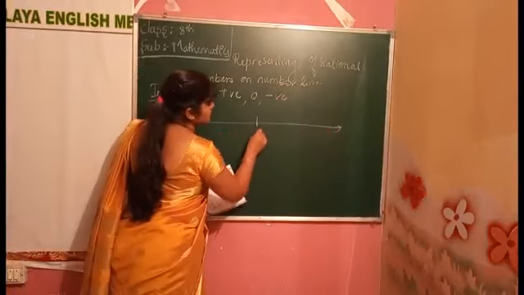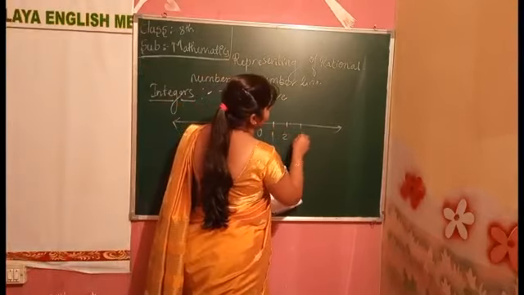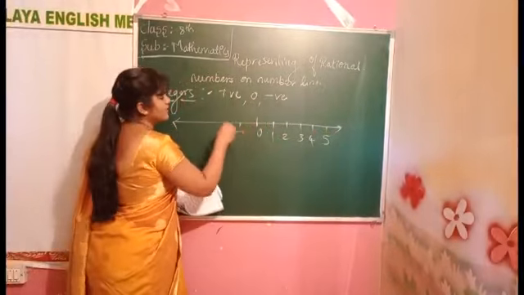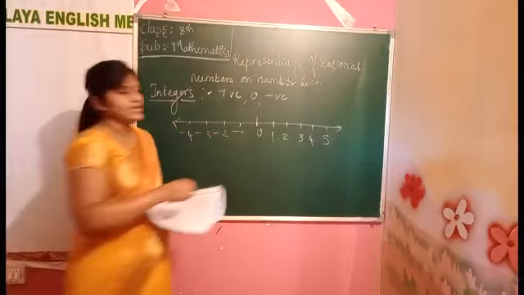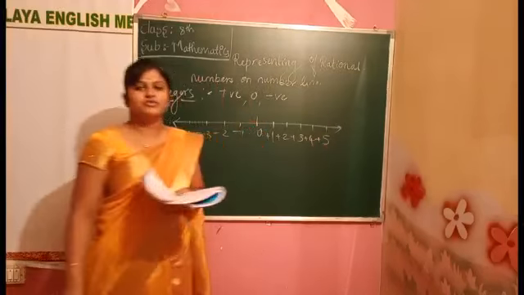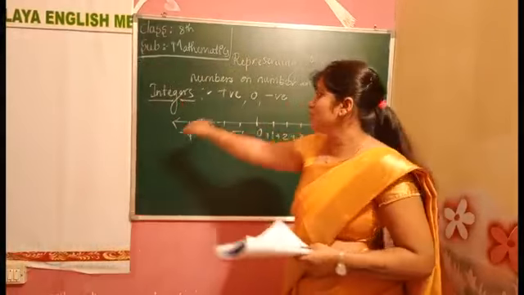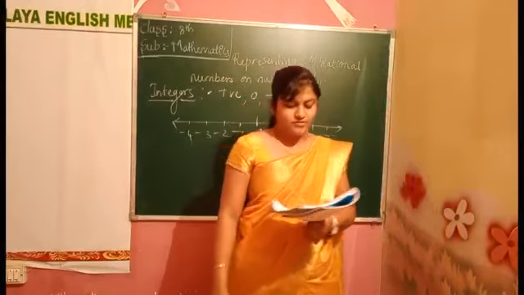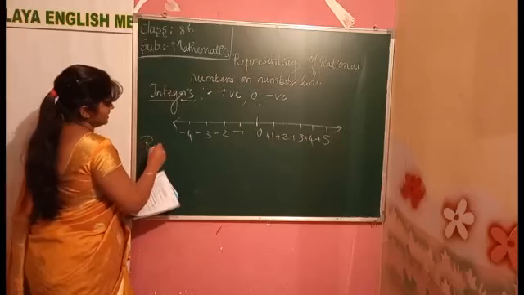It starts from 0, that is from the middle. This side we have all the negative numbers, and this side we have all the positive numbers. Understood now how to draw the number line using integers? In integers we have all the positive numbers, 0, and all the negative numbers. Now the next one is the number line using rational